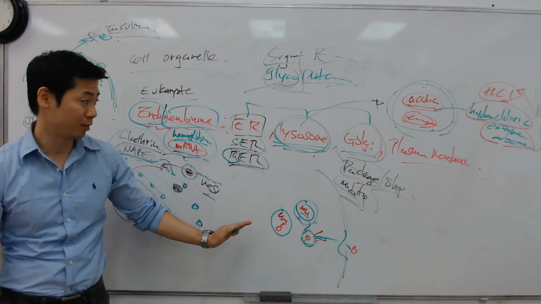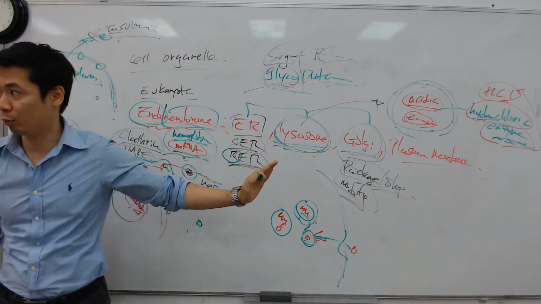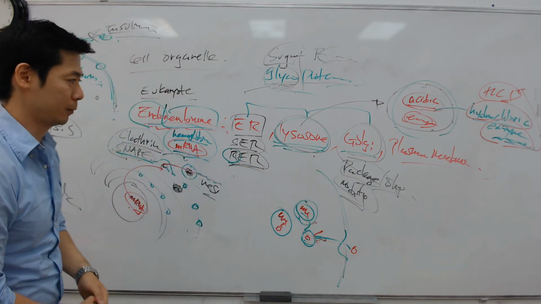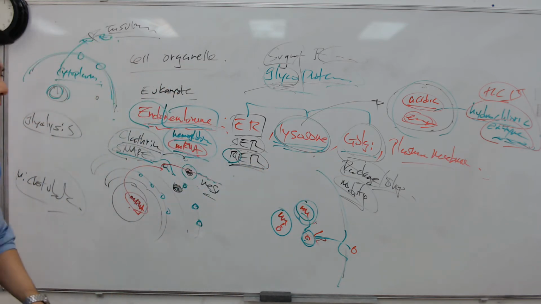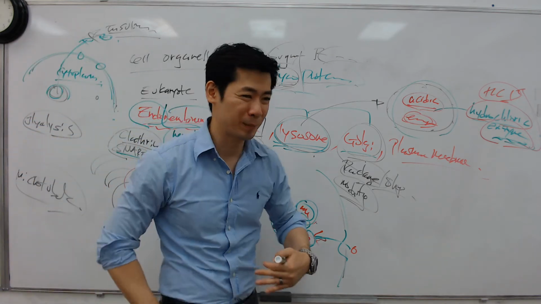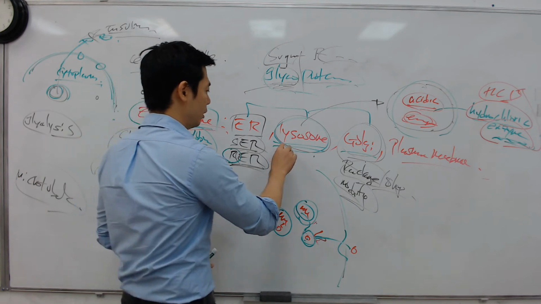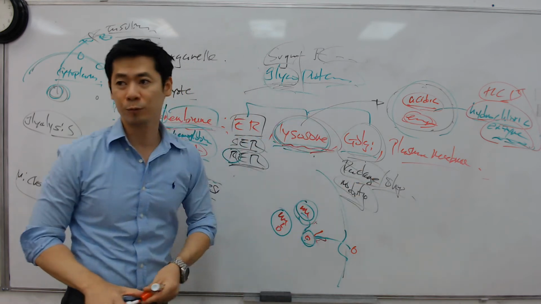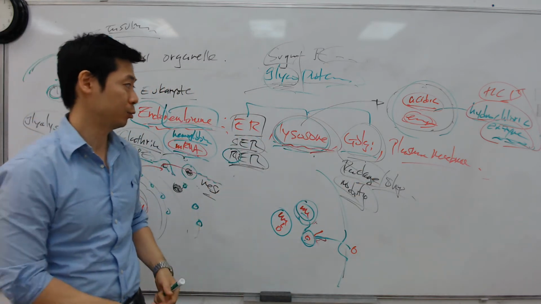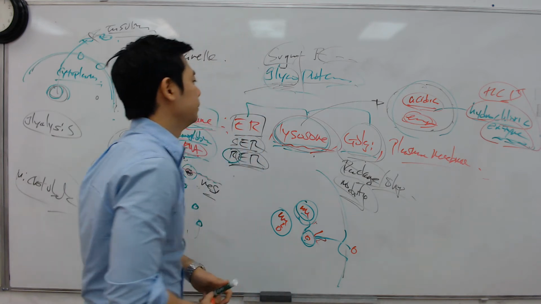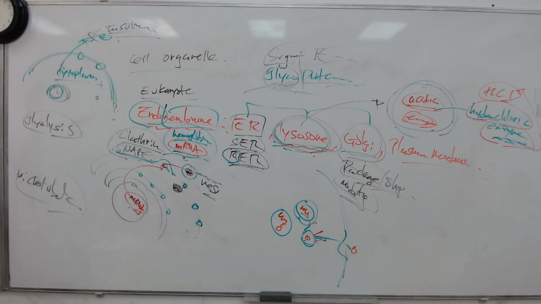They can do it because why? They're part of the endomembrane system, okay? That's the understanding. And also the lysosome can act as what? The programmed cell death as well, just so you know. So if the cell wants to kill itself, then what? The lysosome will fuse into a portion of the cell and will kill itself, okay? So these are portions of the endomembrane system, and one of the things that we didn't talk about is